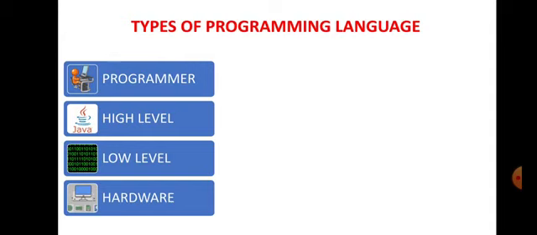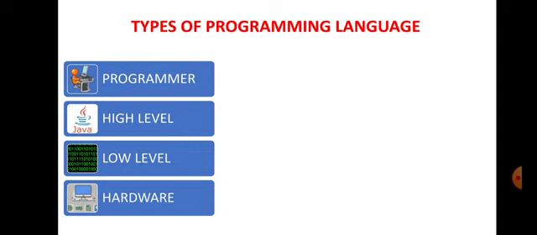The first one, what I taught, is a programmer. A programmer writes a list of instructions to communicate instructions to a machine. He also creates programs that control the behavior of a machine. The high level language is more user friendly and closer to human language. It can be easily understood because it is in the form of English language.